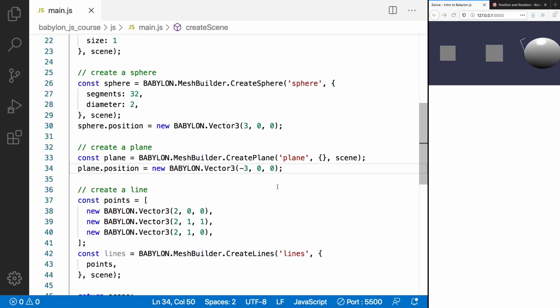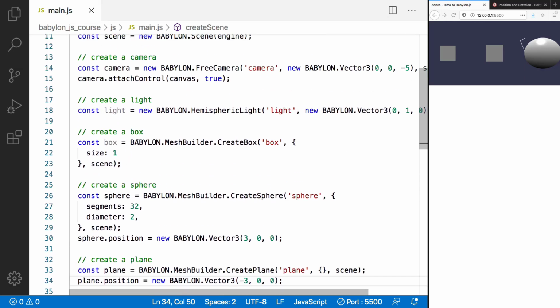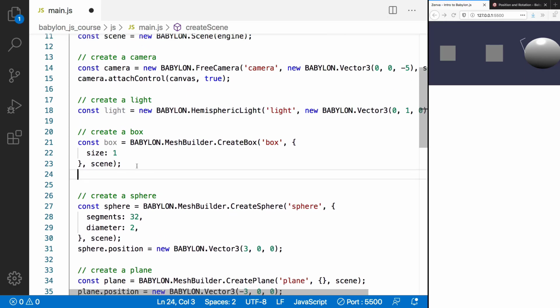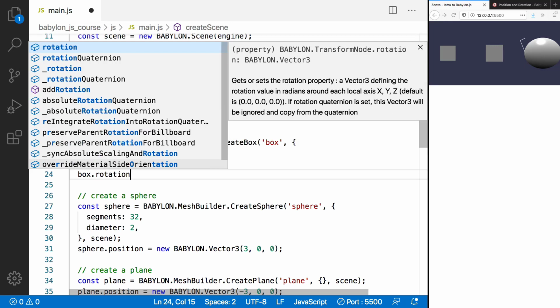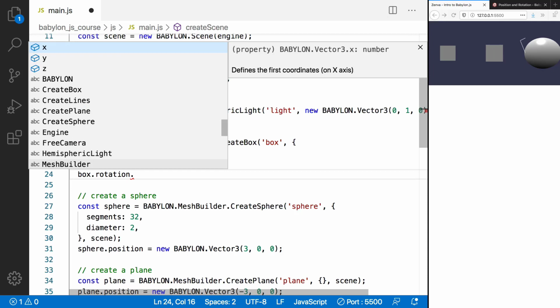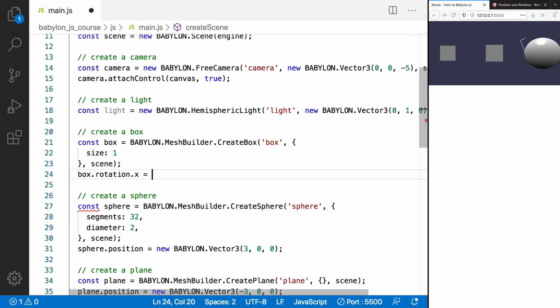So in addition to updating the position, we can also rotate our objects. And that's also done by using the property on our object itself. So what we'll do is we're going to come up to our box, and I'm going to do box.rotation. Similar to our position, we can provide a vector 3 if we want to provide a value for each of them, or we can access the individual values directly. So I'm going to do .x,